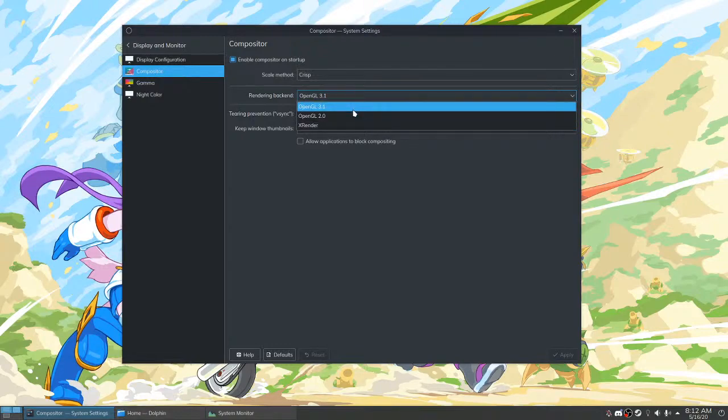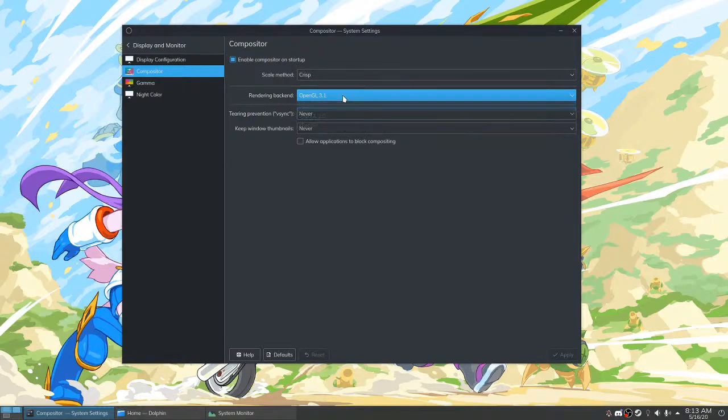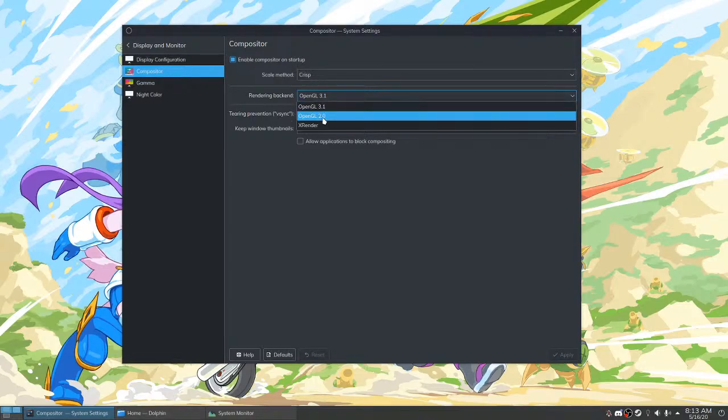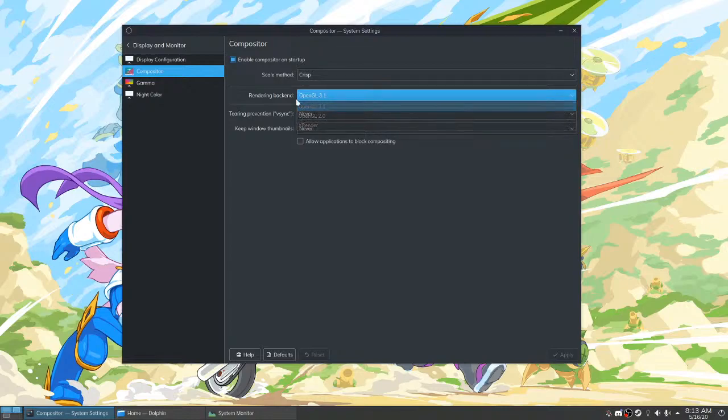So the warnings about OpenGL 3.1, like, oh, you don't use it unless you know what you're doing, those are very old, and they are mostly pointed at AMD and Mesa before they got their OpenGL implementation up to standard. So if you ever read anything about not using OpenGL 3.1 with KWin, look at the date. It's probably very old. This isn't an issue anymore. 3.1 probably should be the default because like every GPU and driver supports it now, and it's faster than 2.0 all around. Unless somebody wants to correct me, that's what I have read and that's what I have found.